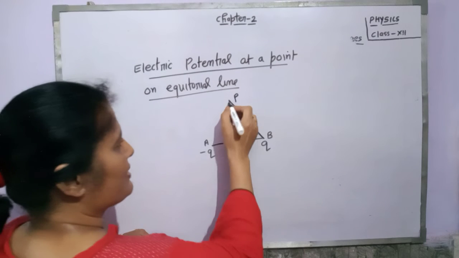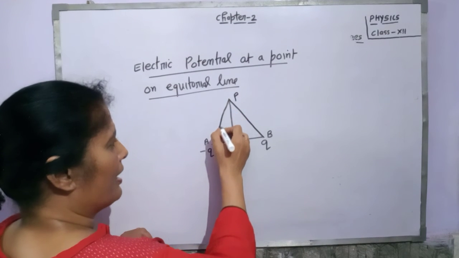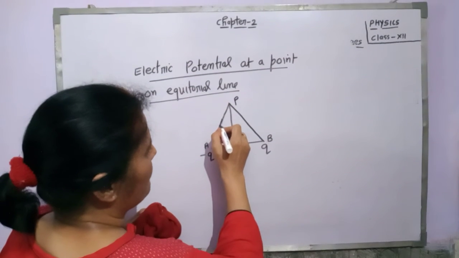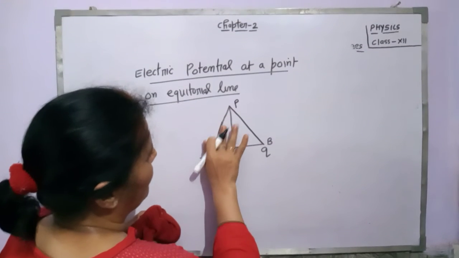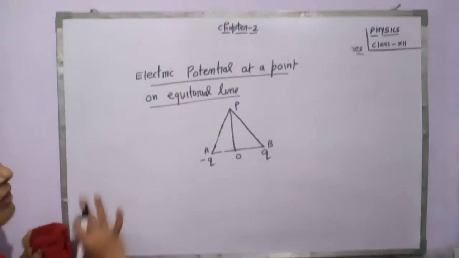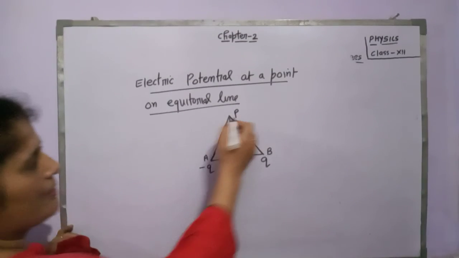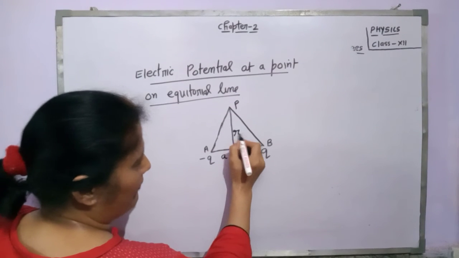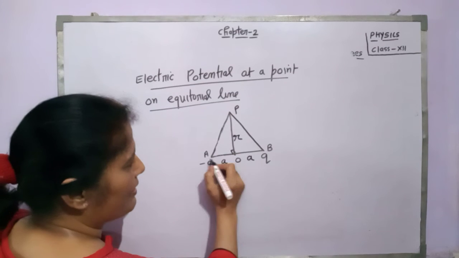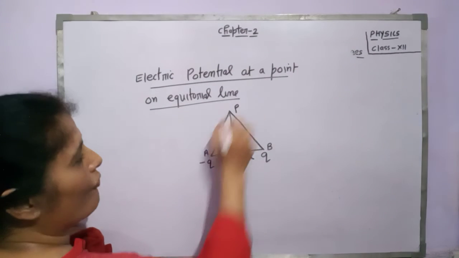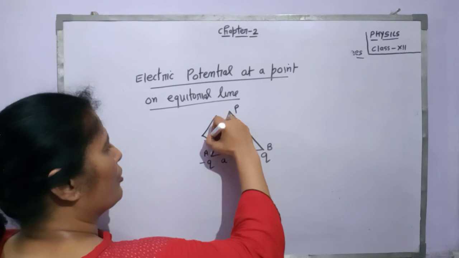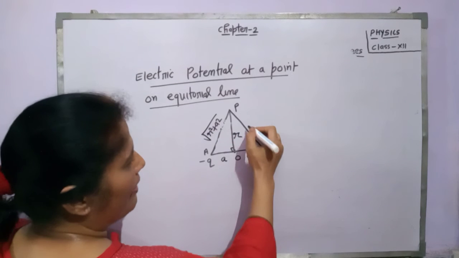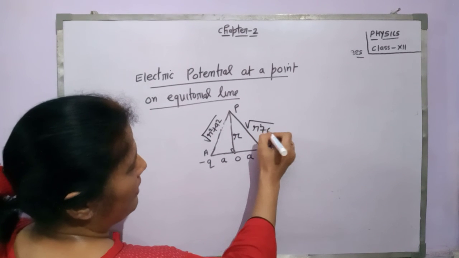The same is the case as we have done in the case of the electric field. This is your minus Q charge and this is your plus Q charge. Now how can you determine the value of the net electric potential? Here at this point B, this is your A, and this distance is R. Now this is a right angle triangle because this line is perpendicular to this one. What will be the value of AP and PB? This is equal to square root of R square plus A square.